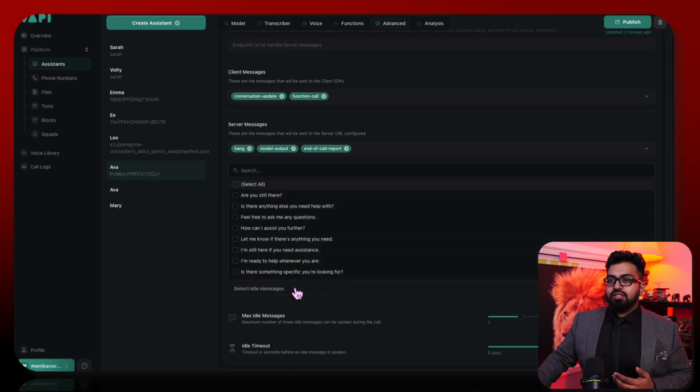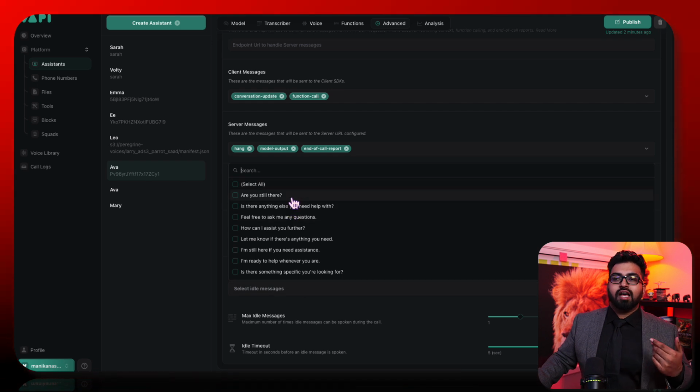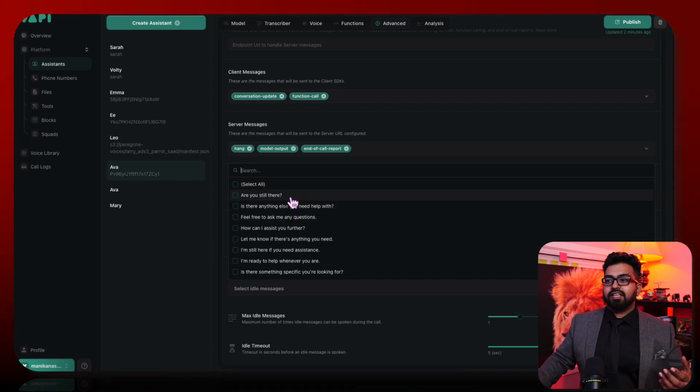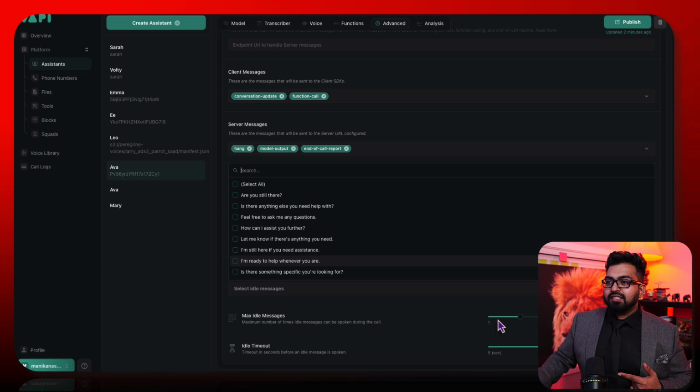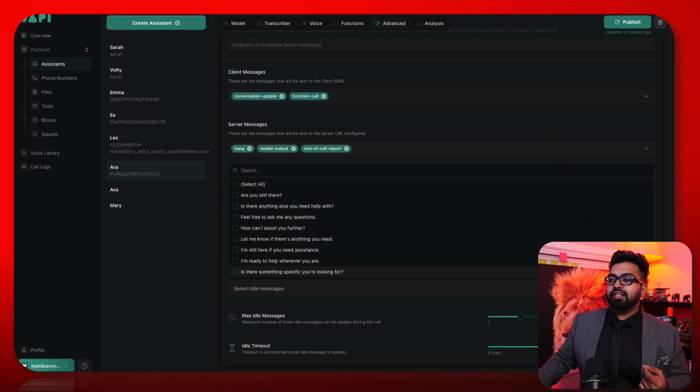I haven't used this feature before. If someone is idle for 10 seconds, 5 seconds in this case, idle messages: maximum number of times an idle message can be spoken during the call, set at 3, good. Idle timeout in seconds before an idle message is spoken, 7.5. You know how we set 10 seconds here? If we change the time over there to 15 seconds,